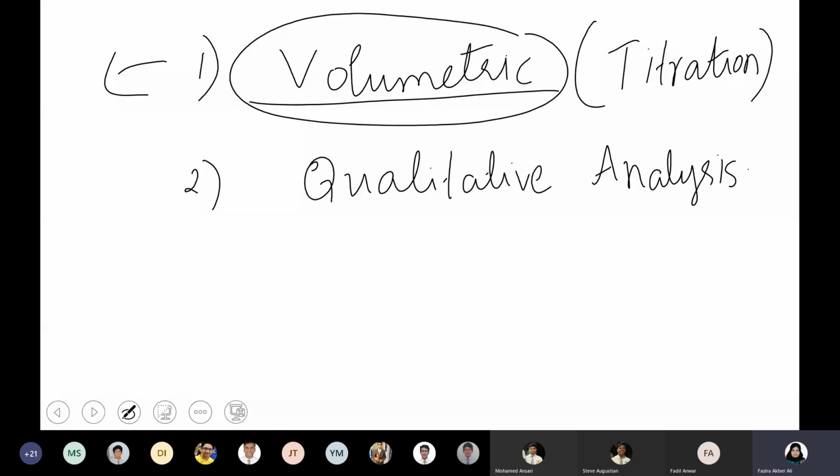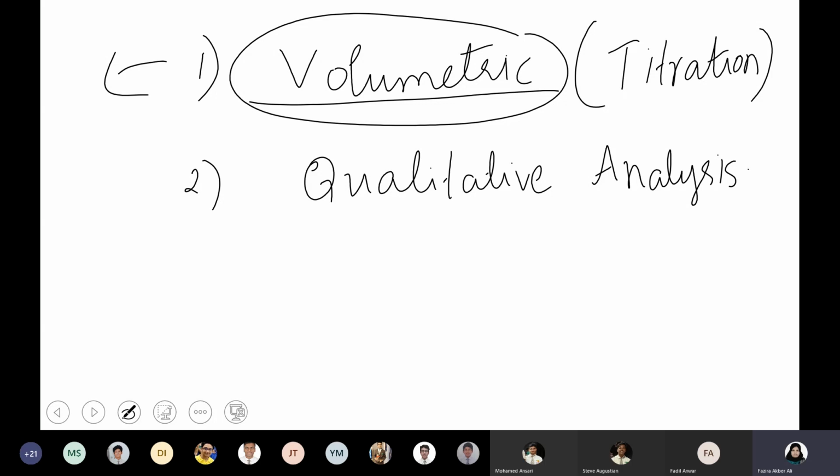So that is coming under quantitative. In quantitative, you have different methods to do, and one of the methods is volumetric analysis, where you take different volumes of the solution and do the titration. So volume is taken as one of the parameters in volumetric analysis. This comes under quantitative because your aim of the experiment is to find the strength of the solution, or you can say the concentration of the solution given to you.